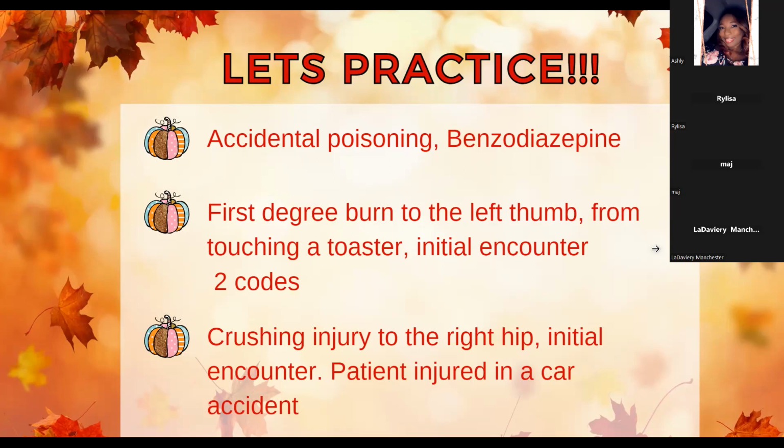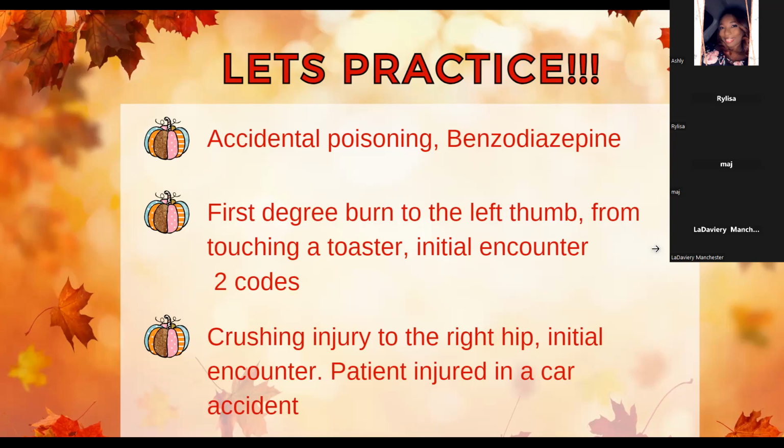T23.112, but there is a stop sign. It means we can't code that. There needs to be additional information added to that code. Well, there's no X, so there's not going to be a placeholder. Okay, no X. So that leads me to believe, and the fact that it states initial encounter, that we're going to have one of those additional identifiers, the A, D, S, those that we add to the end of the code. So I'm going to go to the beginning of T23,